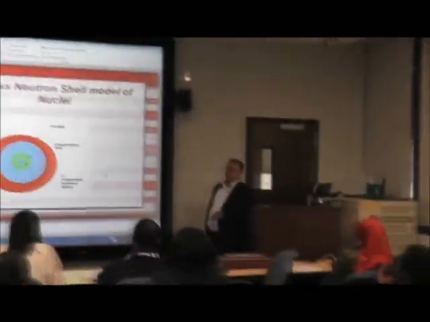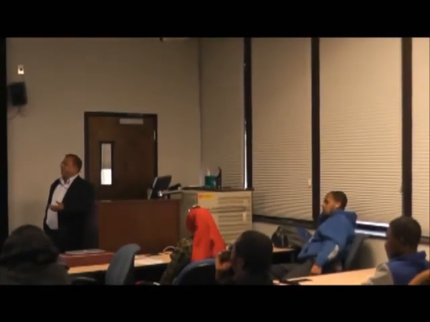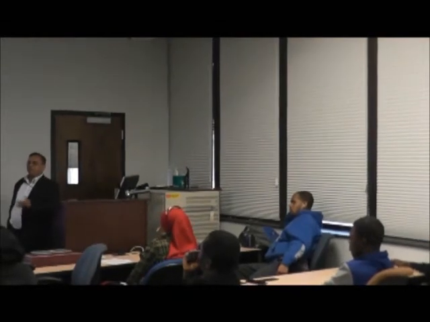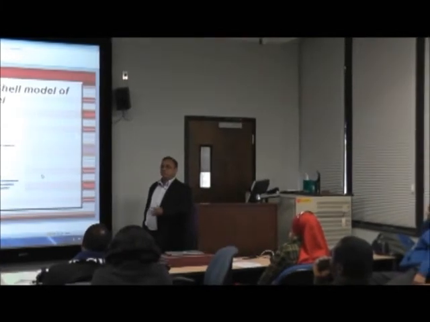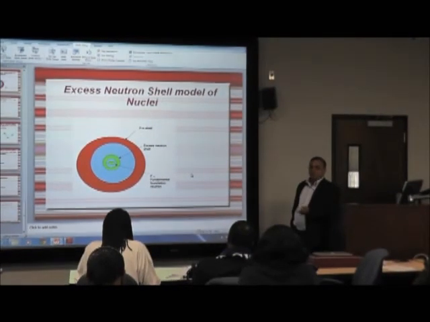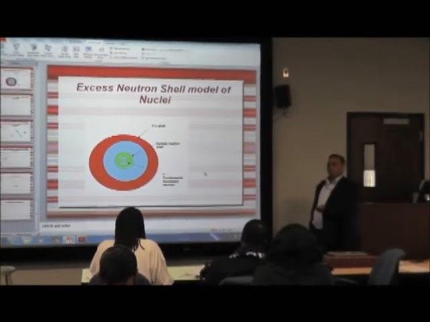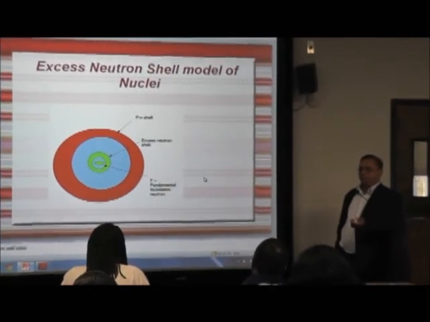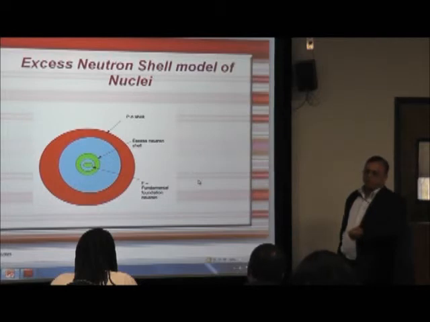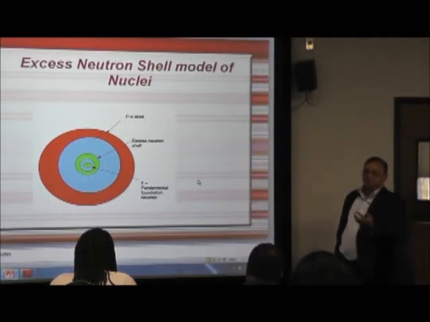What it looks like to me, and I haven't put together all the equations, is that in solid these neutrons might be behaving as a neutron cloud in a localized way. So this new model that I proposed has a very big impact in nanotechnology, where you are looking at the characteristics of nanoparticles. Because nanoparticles are made out of 5 or 6 atoms, or sometimes more. So how does this behave?